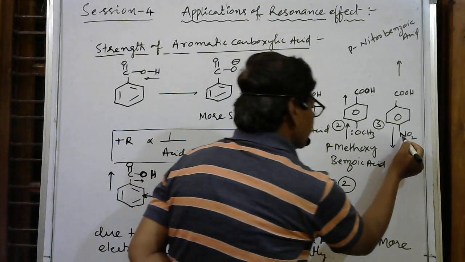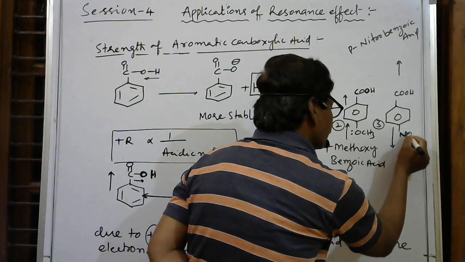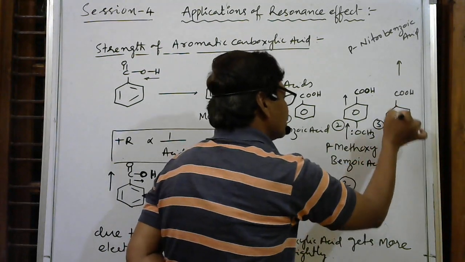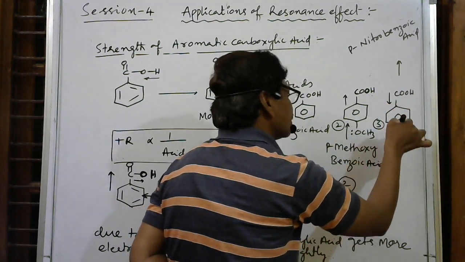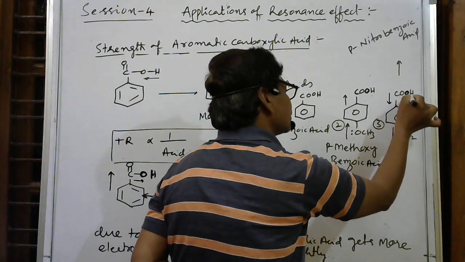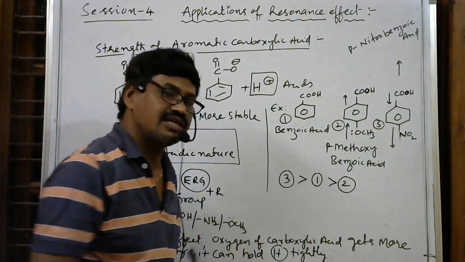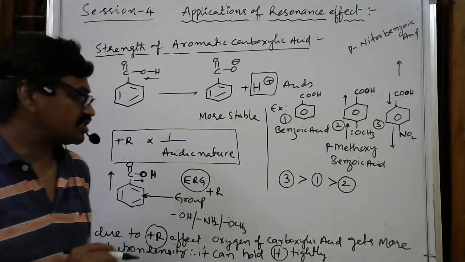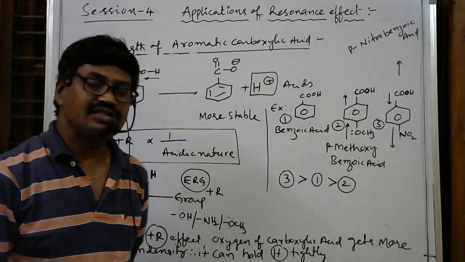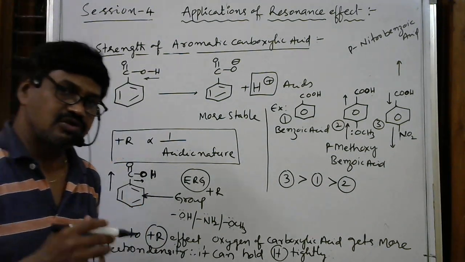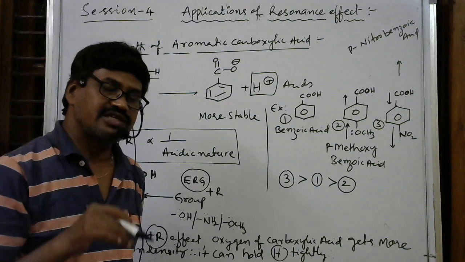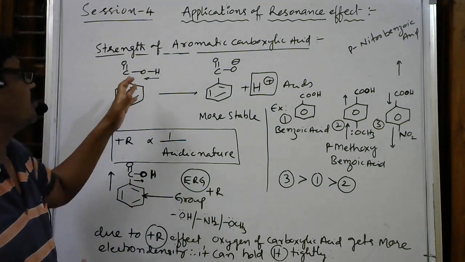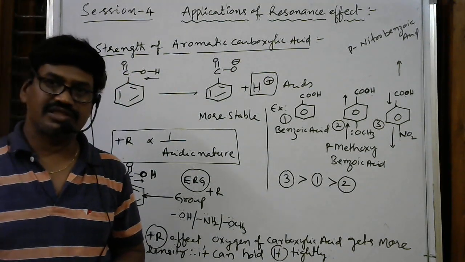And here in the third compound the NO2 group is present. The NO2 group is an electron withdrawing group. So all the electrons from the benzene ring shifted to the nitro group, and from here electrons are moving to the ring. So on this oxygen electron density decreases. So this oxygen cannot hold hydrogen tightly. So it can easily give this hydrogen. So the third is stronger than the first, which is stronger than the second. Like these, questions they may ask. And with respect to particularly different groups in the carboxylic acid chapter in second year, we will discuss that. So this is one example for acidic nature of aromatic carboxylic acid.